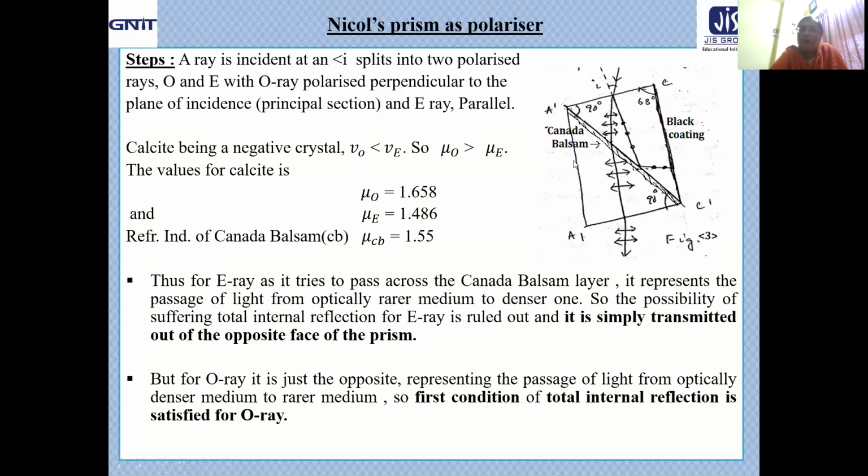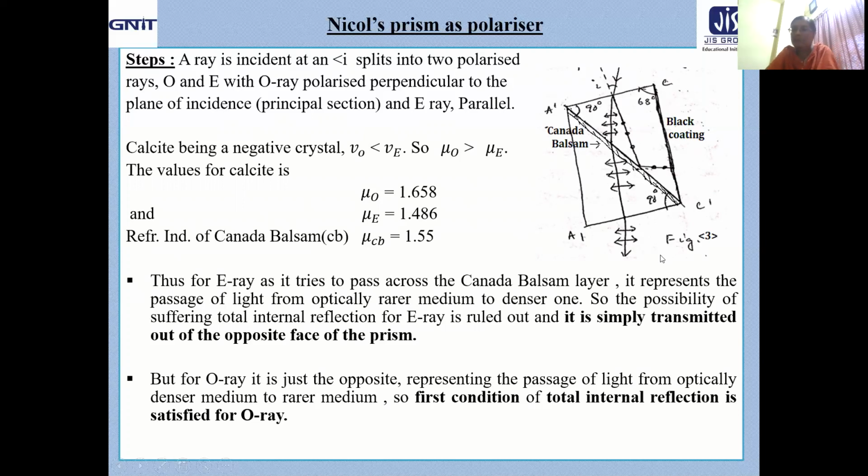Now, it is the case for the parallelogram whose length is 3 times its breadth. If you consider any square type of surface, that means whose length and breadth are the same, then what about the obliquity factor? Definitely, the Canada balsam layer will be aligned this way. And now if you draw the normal, naturally the angle will be much less. It will end here. Then this is the normal, what about the angle? Naturally it will be less, isn't that so?